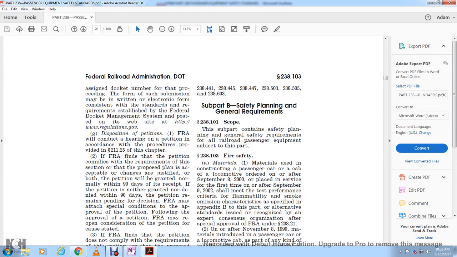Alright, Subpart B, Title 238. Subpart B, Safety Planning General Requirements. 238.101, Scope. The subpart contains safety plan with the general safety requirements of all the railroad passenger equipment subject to